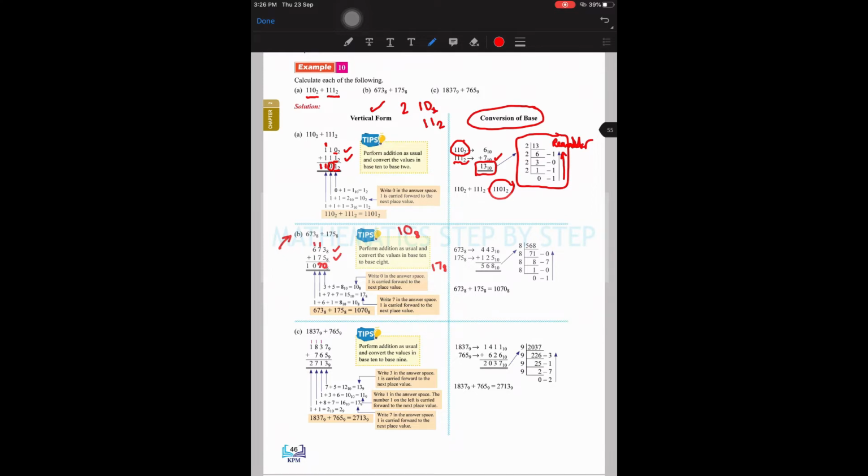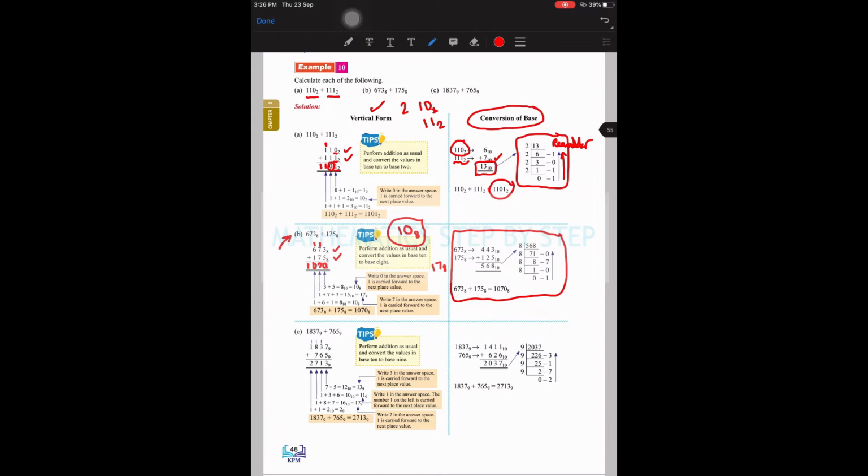6 plus 1 plus 1 equals 8. So again, 8 in base 8 we write as 10 base 8. So that's why 1 here, 0 here, okay? So for me, I feel this vertical form method is less time consuming, okay, compared to this